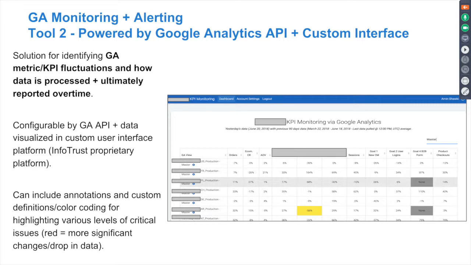So we configured a tool that essentially looks at Google Analytics data yesterday compared to a 90-day average, which is not possible to do in the Google Analytics interface alone, and comes up with a dashboard that shows you all your views and all of your key metrics and dimensions and activities all in one visual with that percentage change yesterday versus a 90-day average. Sure, Google Analytics has alerts, but those are limiting.